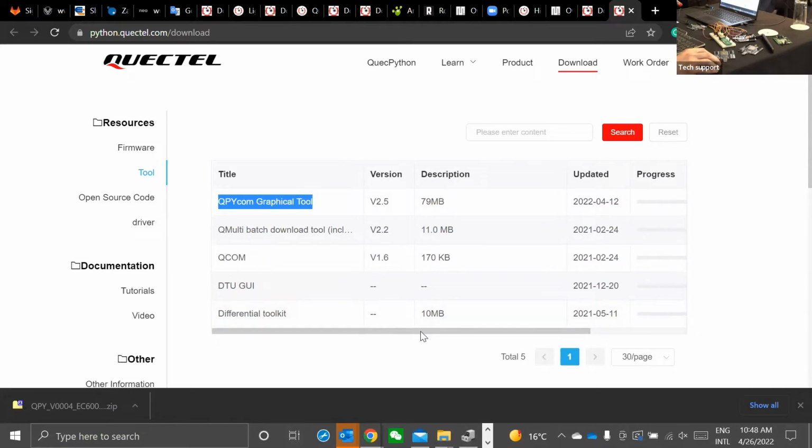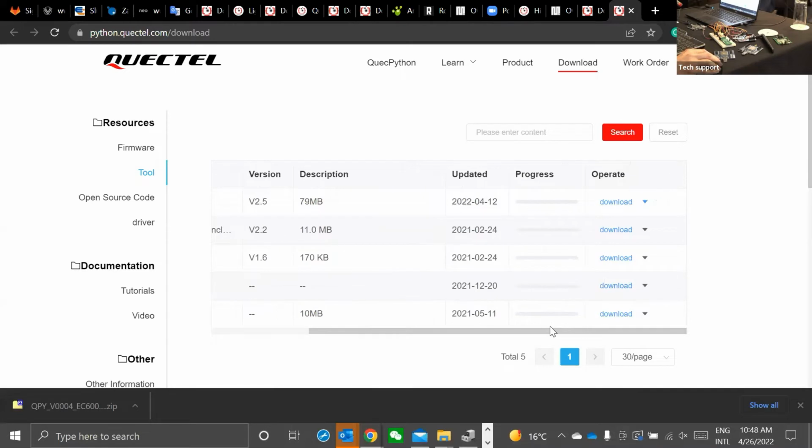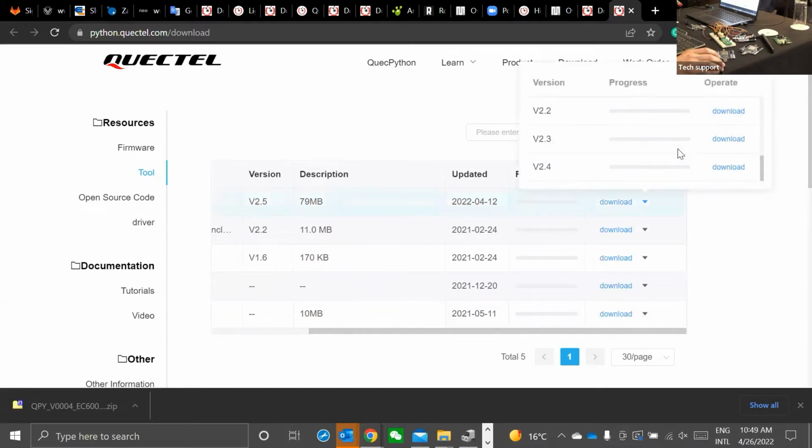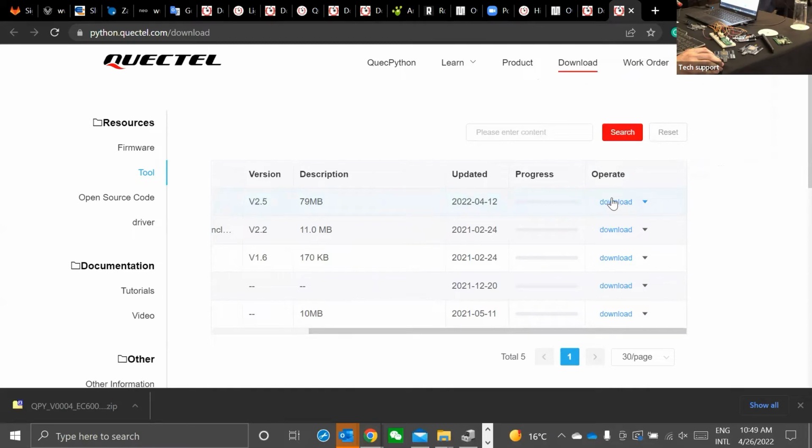My latest was 2.4, and I worked till this moment on 2.4, but you could download the latest version. Maybe it is 2.5. But you should download this QpyCOM tool.